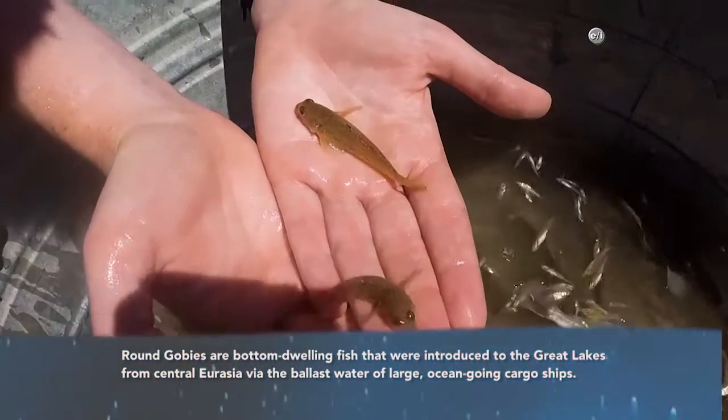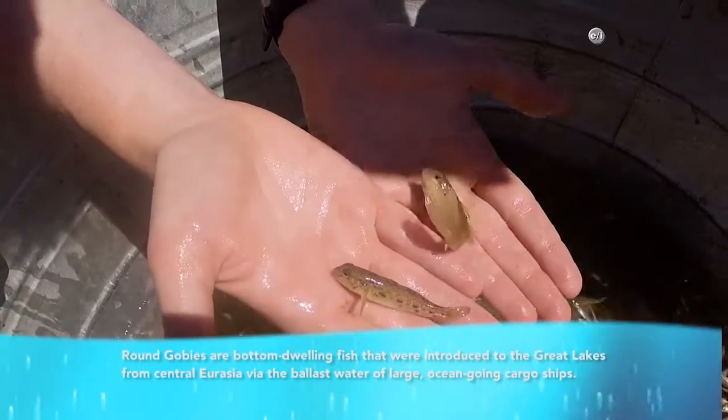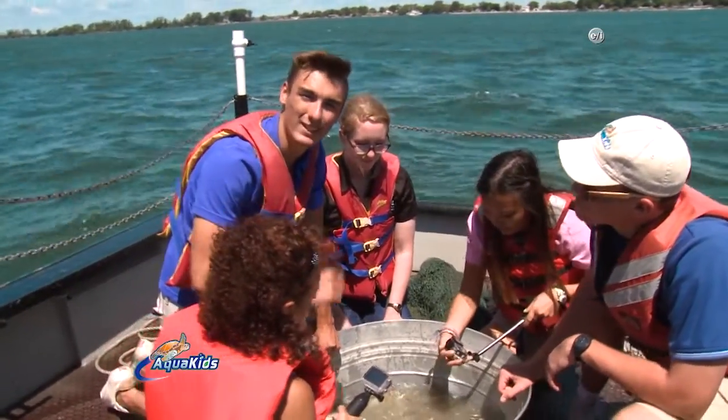Do they cause any problems for the lake? They do. So they actually eat eggs from other fish, mostly smallmouth bass, which is why the populations are decreasing in the lake. Now it's time for us to head off to the lab, and our Great Lakes adventure will